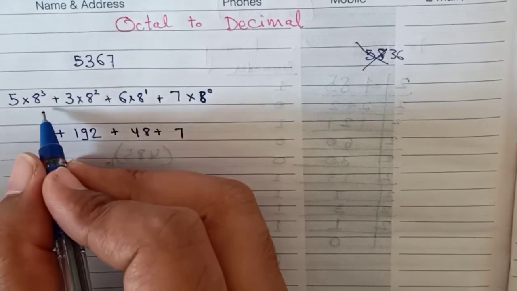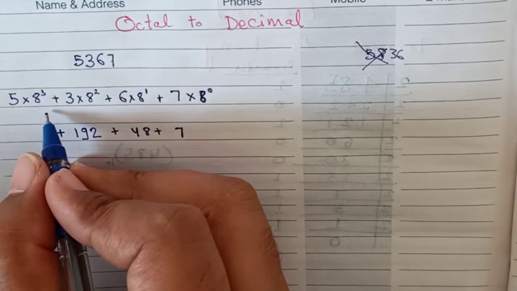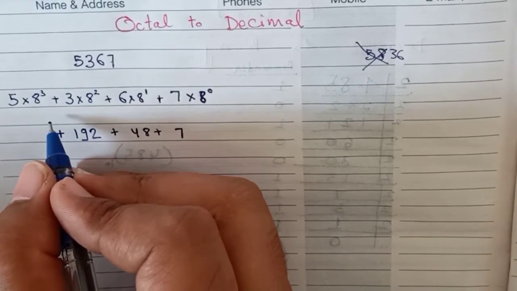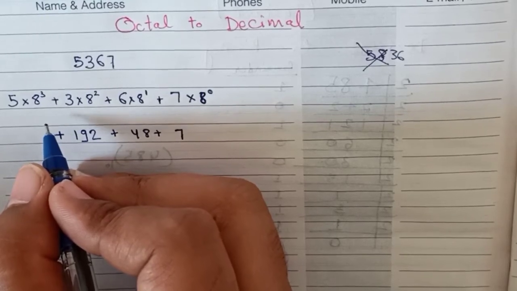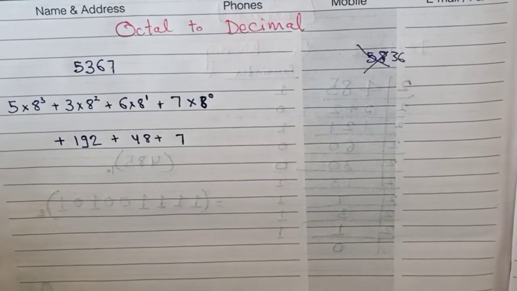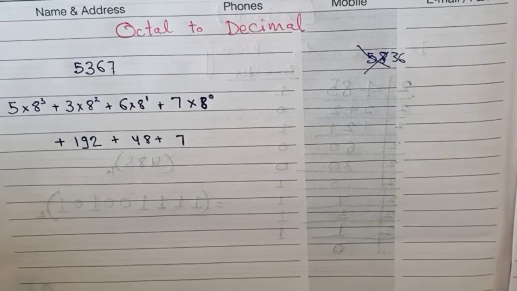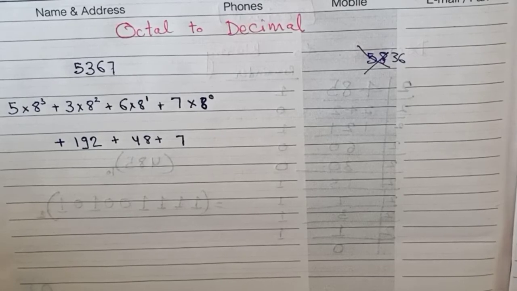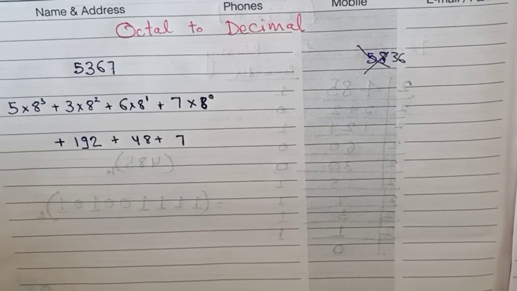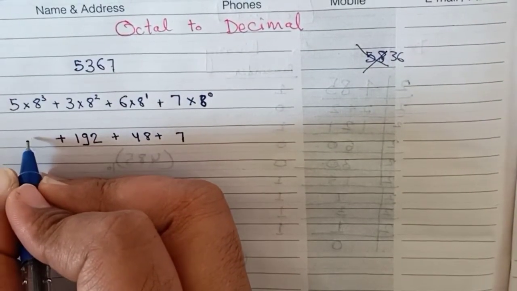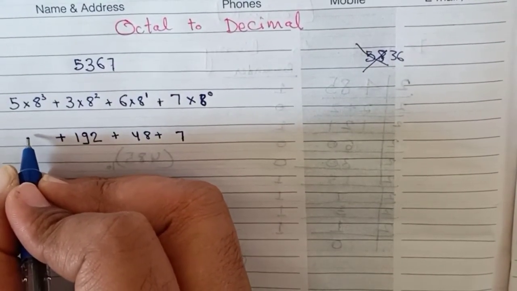And 8 cube is 216. Sorry, not 216, I am getting confused. Just give me a moment. Okay, 8 cube is 512. 512 into 5, we will get